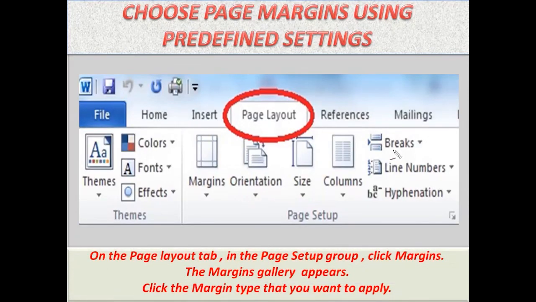Now let us know the steps to choose page margin using predefined settings. On the Page Layout tab in the Page Setup group, click Margins. The margins gallery appears. In this figure, this is your Page Layout tab. Click on this Page Layout tab